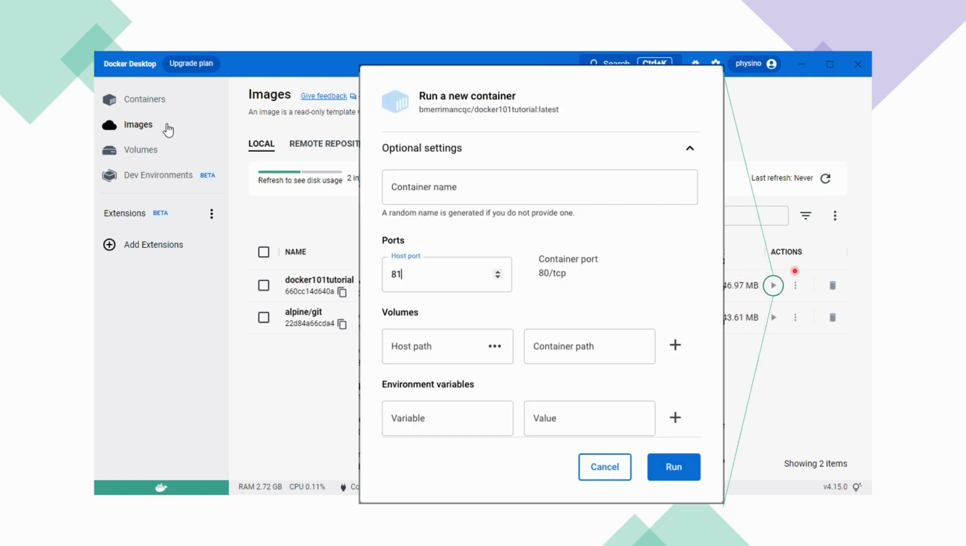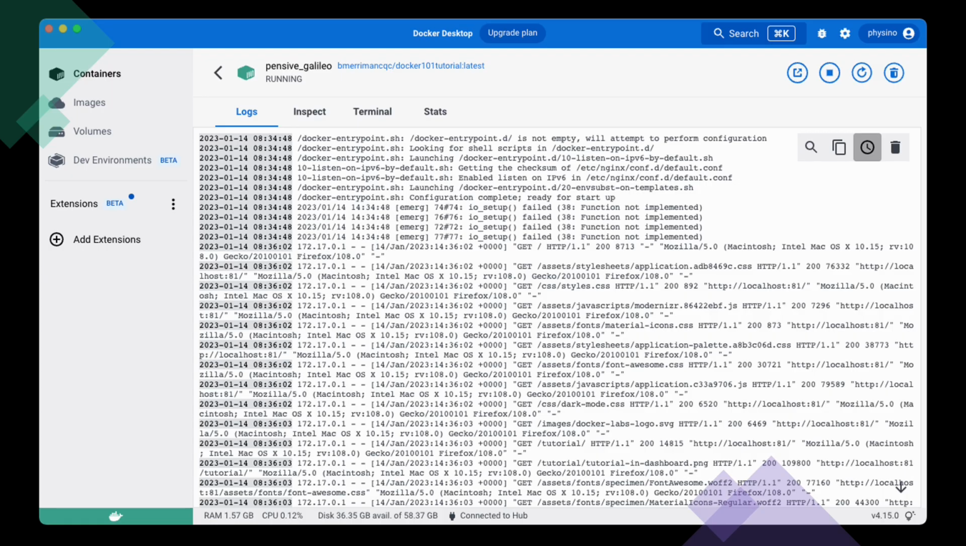Let's click on the play button to run a new container based on the same image again. In the optional settings, specify a host port different from the one we used before, which is 80. Let's try 81 this time. Your Docker Desktop will assign a random name to the container and show some output messages from the container if